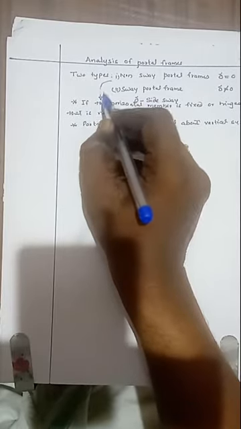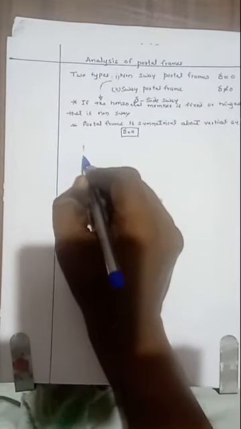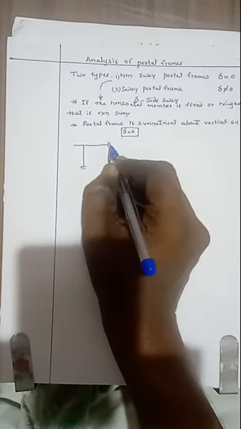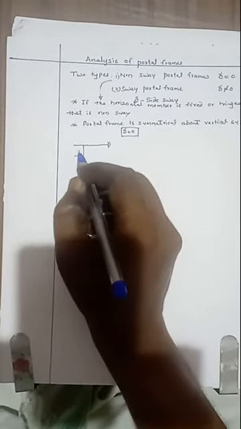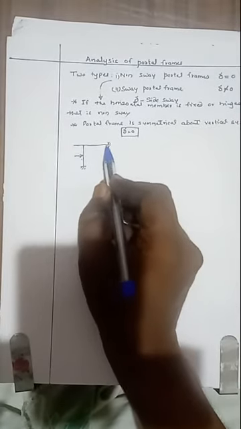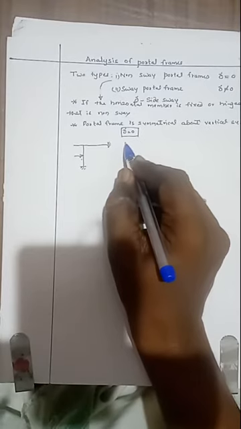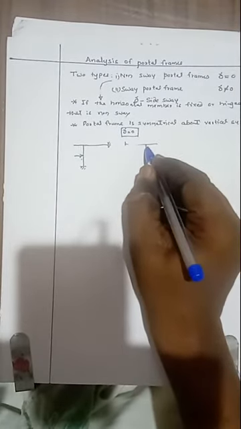Here you can consider them as if the horizontal member is fixed. Here the examples are, this one is one of the portal frames. Here this end is fixed. The horizontal member is fixed like this. This one is beam, this one is column. Here it is subjected to the force in the lateral direction, but here this one is fixed, hence this is non-sway. Similarly, here this one is fixed end and this one is the vertical column.